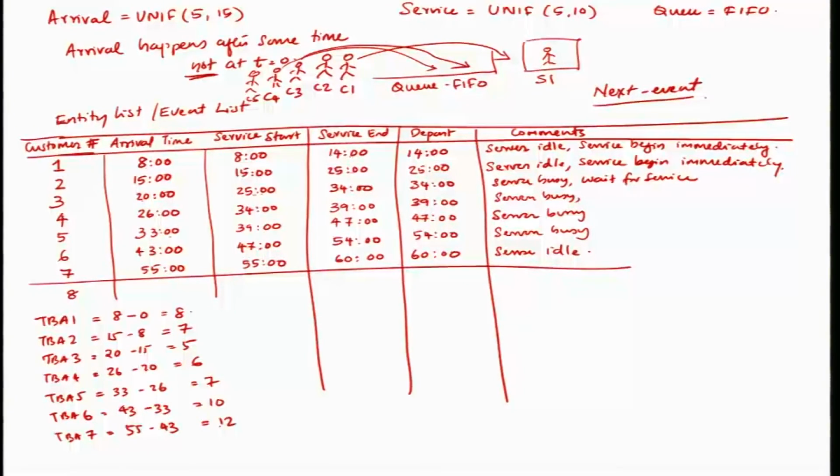So, you have 7 entities that have come in. If you sum this up, that will be 8 plus 7 is 15, 15 plus 5 is 20, 26, 33, 43, 55. So, 55 was the sum total of the time. So, average TBA will be 55 by the 7 entities that have arrived. So, it is about 7 point something, 7.9 or something like that. So, on an average in this end you can see